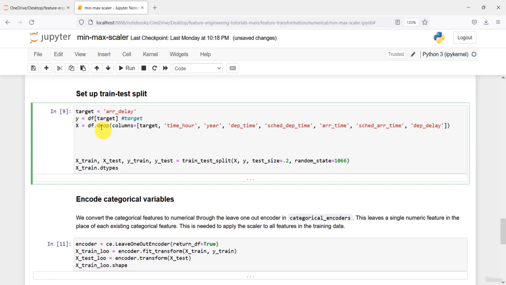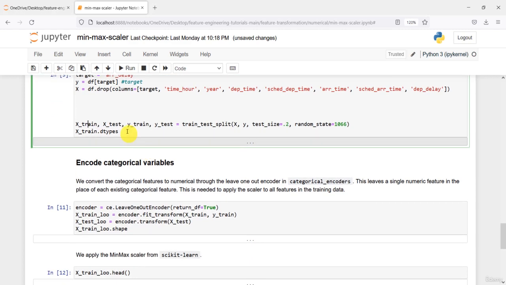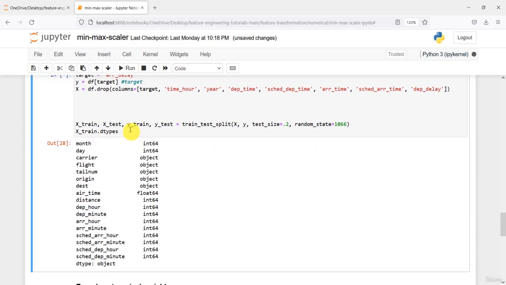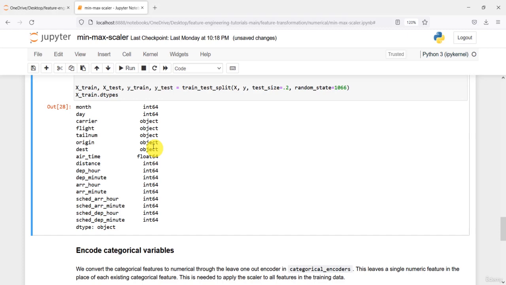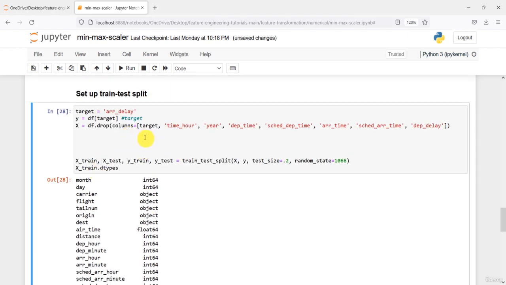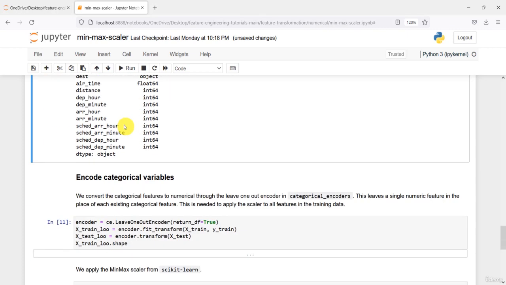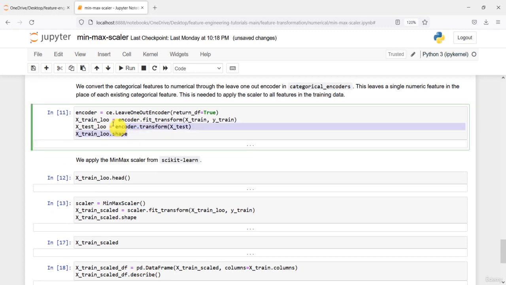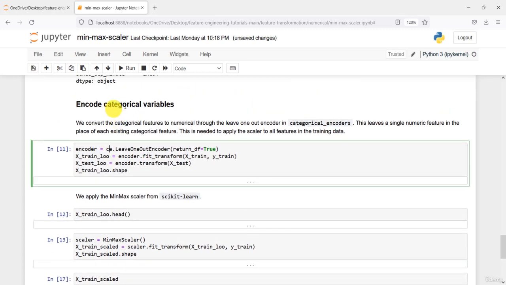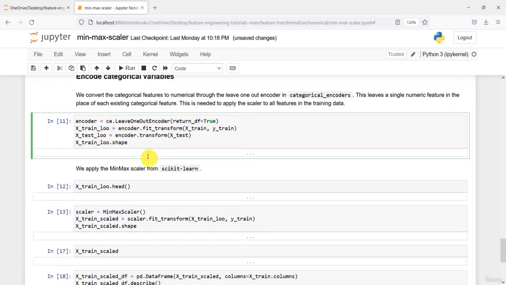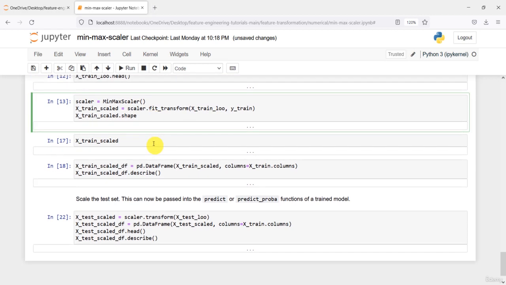So x is the independent variable and y is the target variable. Then I split the data into training and testing sets, and I execute it. Now you can see all the data has been created and split into training and testing sets. We are going to discuss categorical variable encoding in a moment, but for now this lecture will